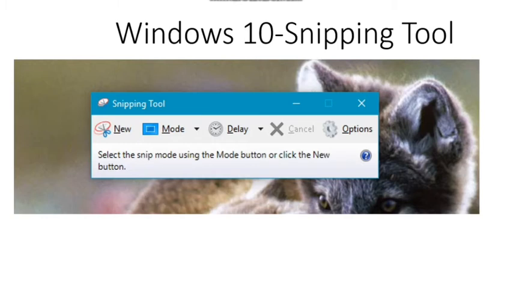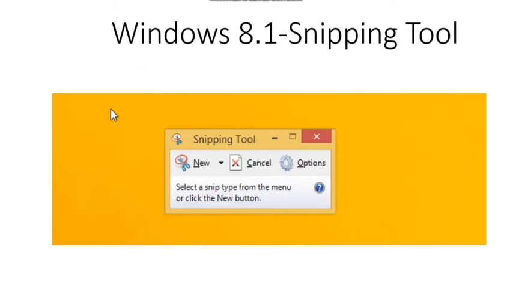Now you will see the snipping tool from Windows 10 has a slightly different user interface than in Windows 7 or Windows 8.1. I mean to say, some students will be having Windows 10 installed on their PC or laptop. Some would be having Windows 7 or Windows 8.1. That is why I am telling you the difference.